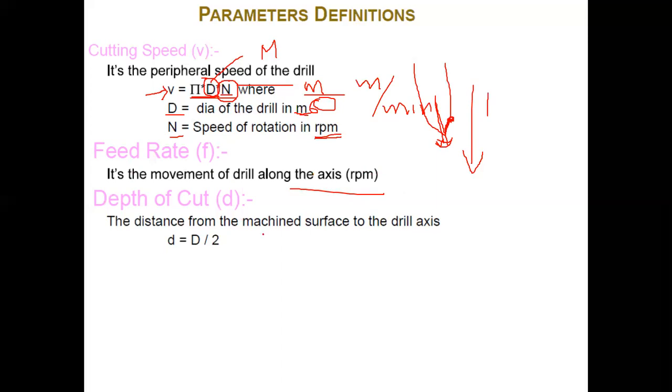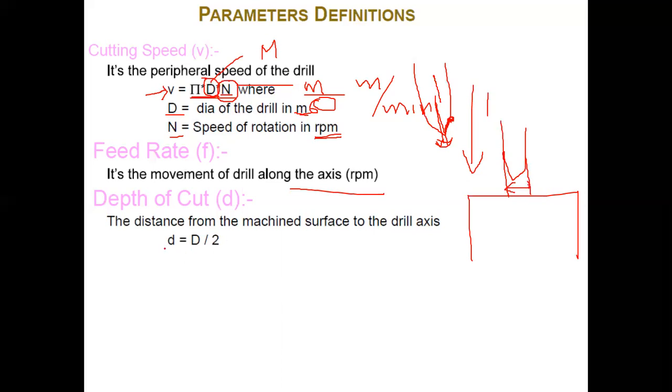The third important parameter in any cutting tool is the depth of cut. Depth of cut is nothing but how much material you are removing. Initially you have a workpiece, right? Once your drill bit penetrates into it, how much material are we removing? We are removing material equivalent to the diameter of the hole. Initially you don't have any hole. Now you are removing material of this size.